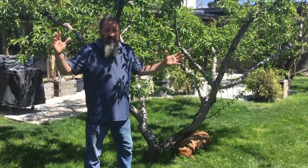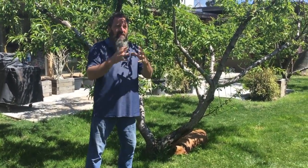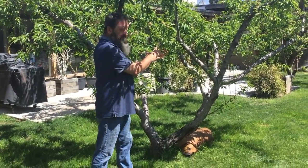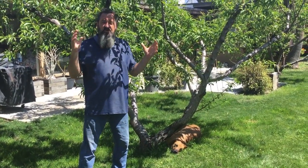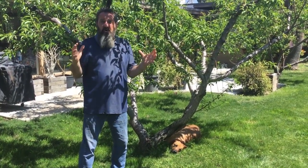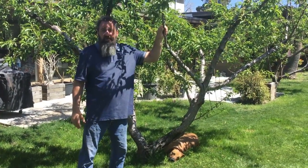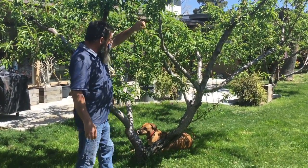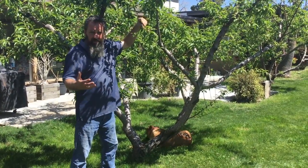Now, when it sets all these blossoms and the bees and insects and hummingbirds pollinate everything, then those blooms will turn into the fruit. Now, there's going to be far more fruit than this tree is going to be able to support. Literally, it will have so much fruit on it. If you don't thin it, it can break the branches, and the small branches, which they typically call redwood,